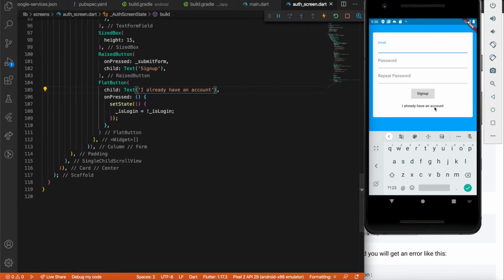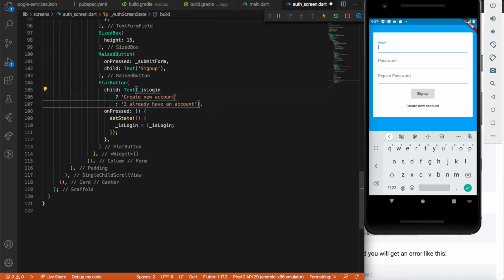I saved it and immediately it is coming on the right side. So if we are on is login state, just display this text that create new account, and